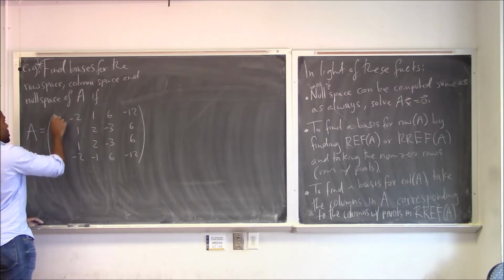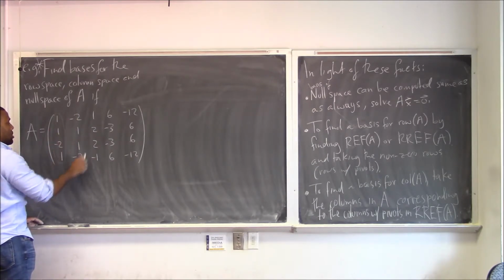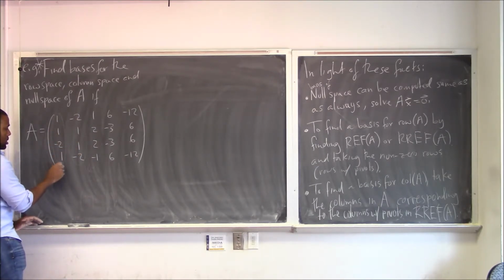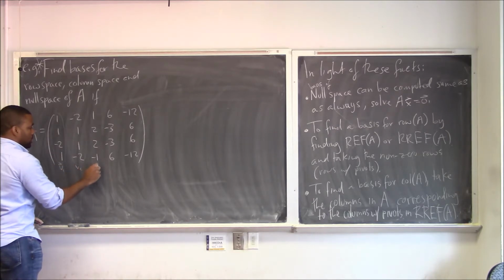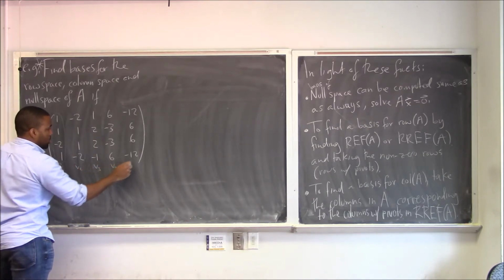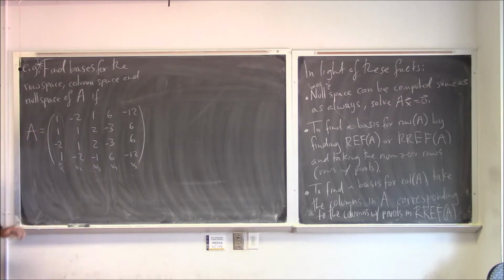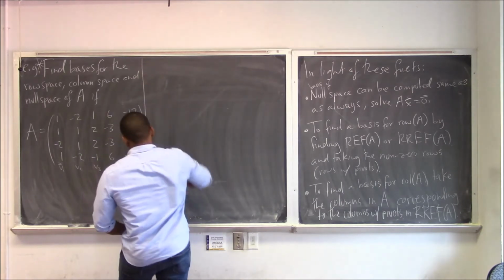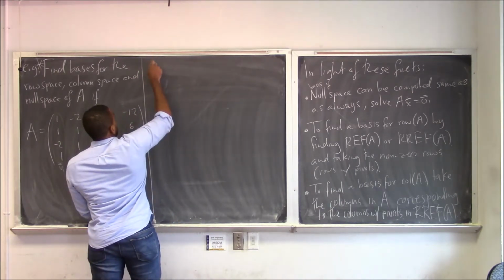Because the columns can change on us, you can somehow think of these columns as V1, V2, V3, V4, and V5. I'll label the columns of the reduced form by different letters. So if I give you that, what you would need to do is to